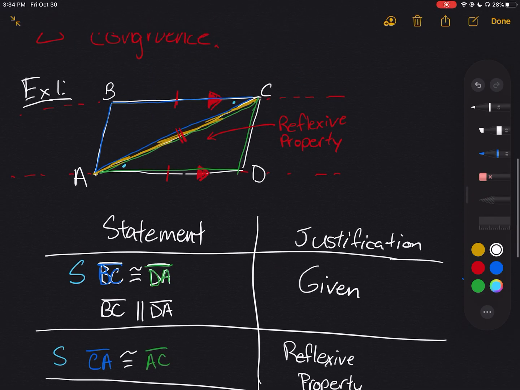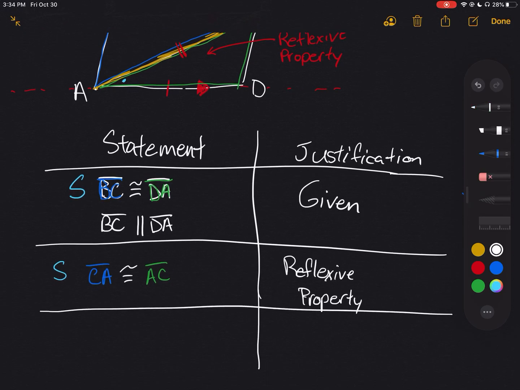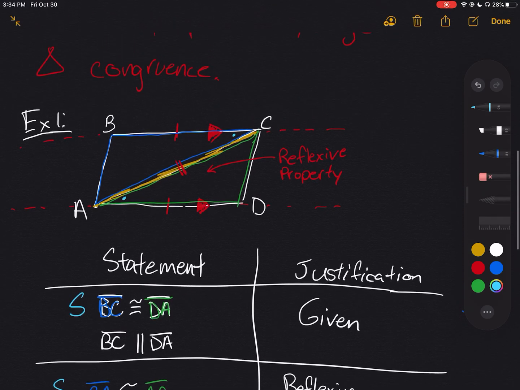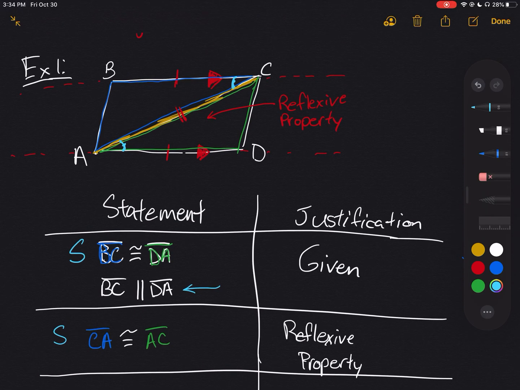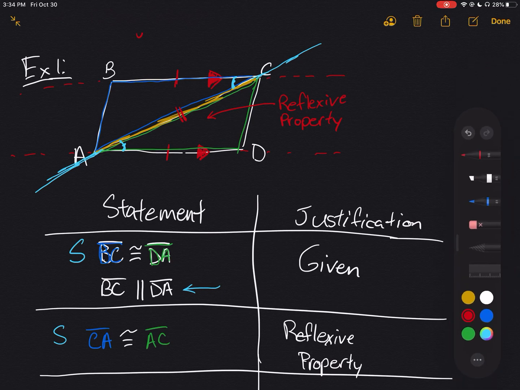Now, getting the angle. This is going to be the tough part of the problem. So I want to prove, I guess I should have. Okay, I want to prove this angle right here is congruent to this angle right there. Now, what I'm thinking, I should use all of the information that I was given, and I haven't used that yet, that these two lines are parallel. Now, if these two lines are parallel, then this line right here is a transversal, right? And if that line is a transversal,